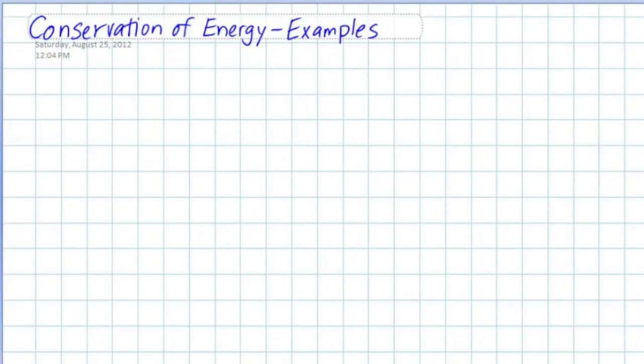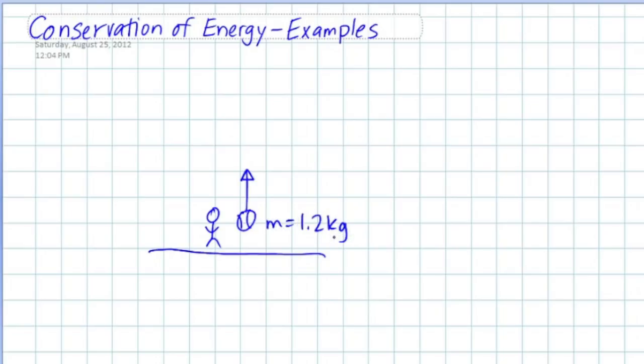So this video is going to be a quick example of how to apply the law of conservation of energy. And for this example, suppose that you just take a baseball, ignore the fact that it's bigger than your head, and let's say it's a 1.2 kilogram baseball and it's being thrown upwards with an initial speed of 15 meters per second. And let's say we want to know the speed of the baseball after it's traveled